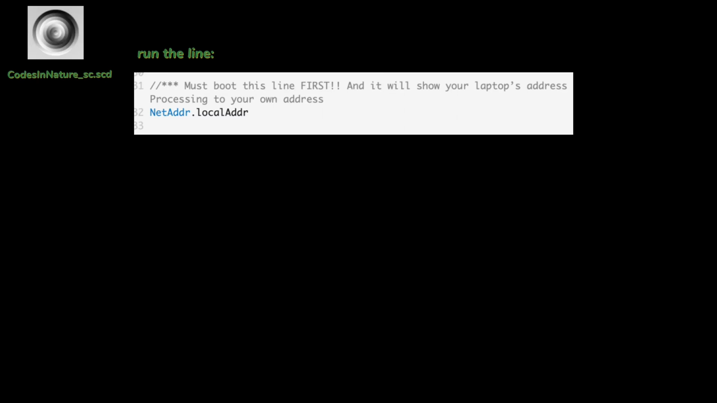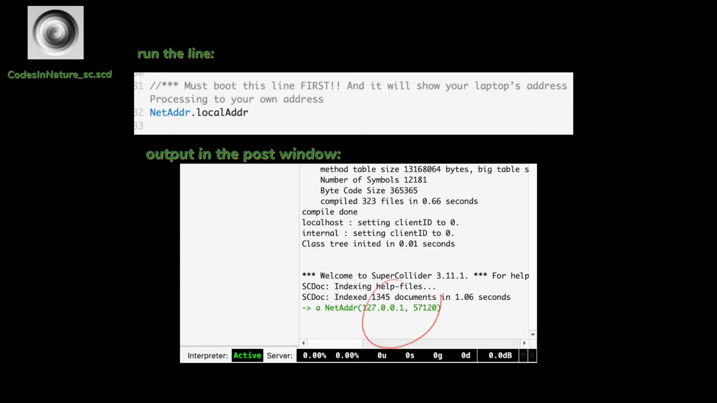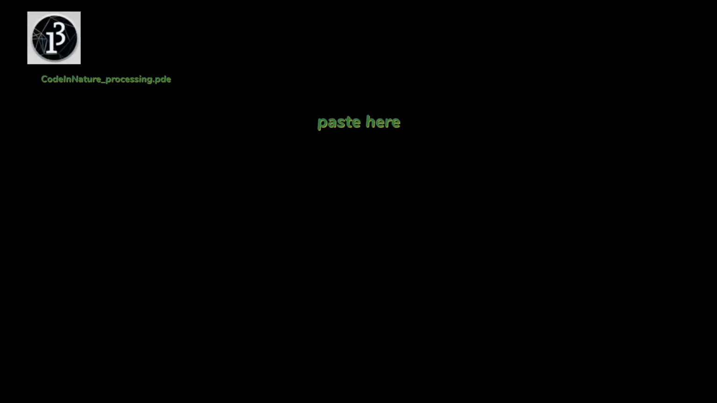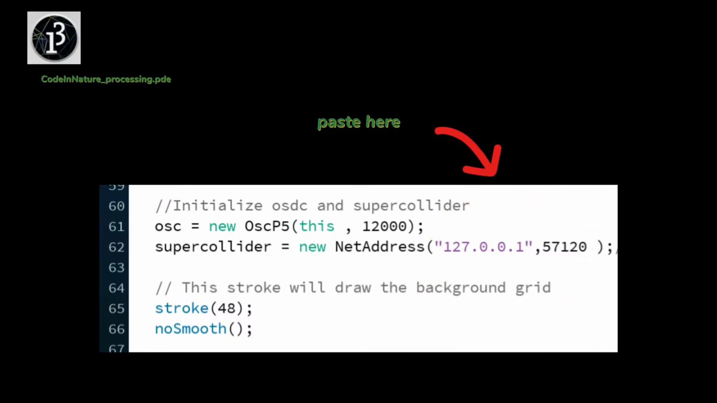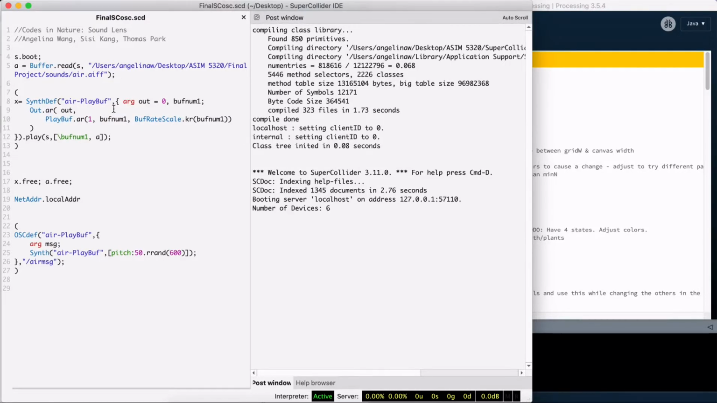Then, in SuperCollider, run the line NetAddr.localAddr. It will output a string of numbers into the console. Then, copy that string of numbers and paste it into the Processing code where it says SuperCollider equals new NetAddress. Now, run the SuperCollider program